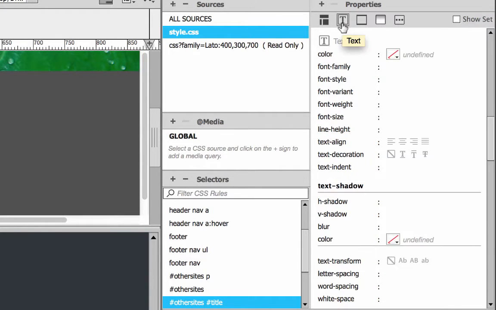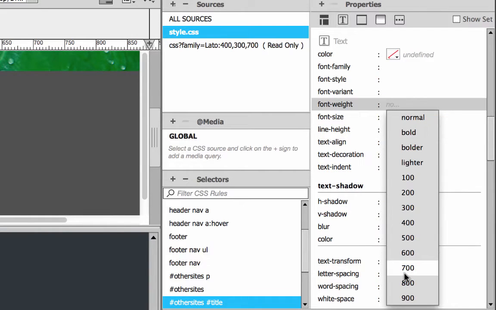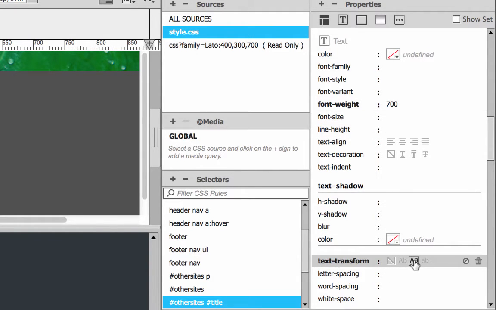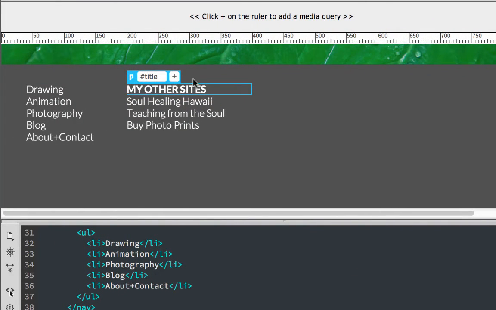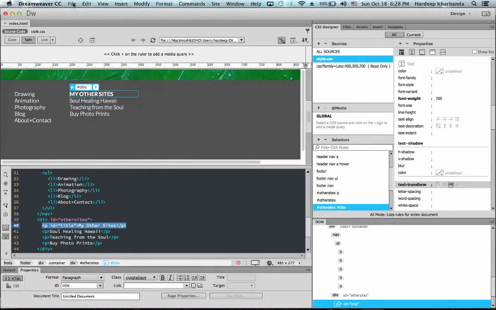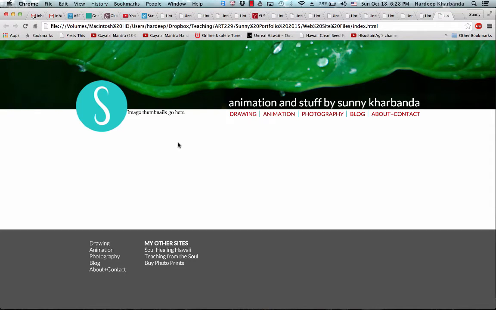One, set the font weight to the bold one that I had downloaded, which is 700, and then set the text transform to uppercase. So it capitalizes the words my other sites, and I've already made it bold by choosing a font weight of 700. So now my two menus at the bottom are starting to shape up.